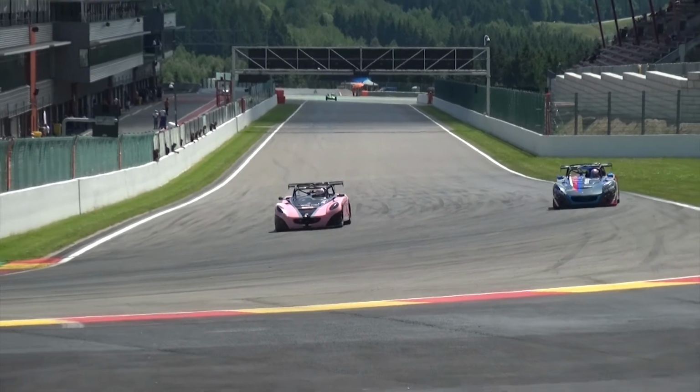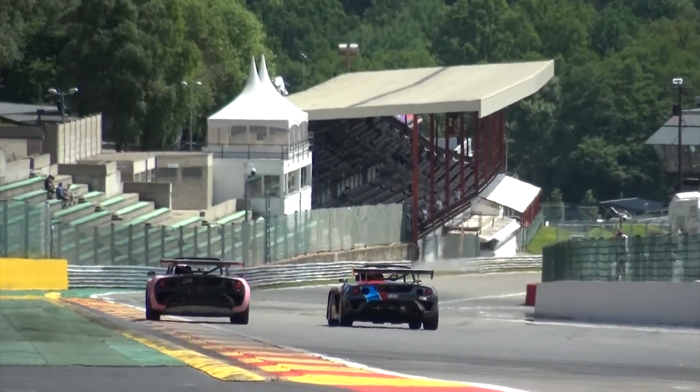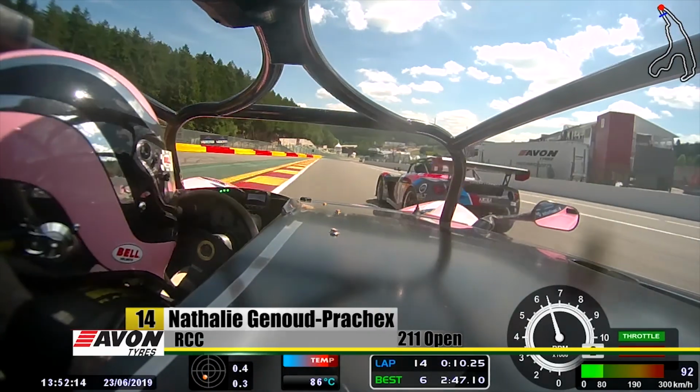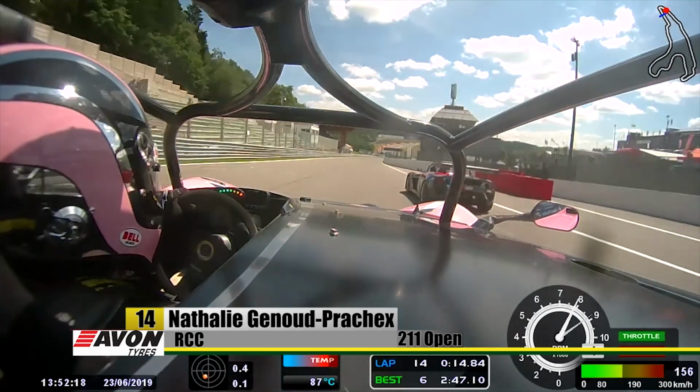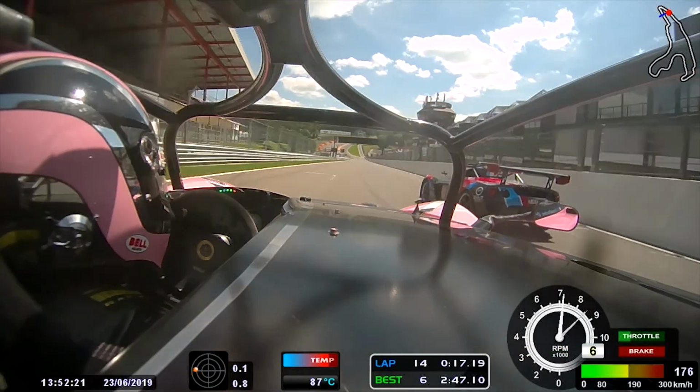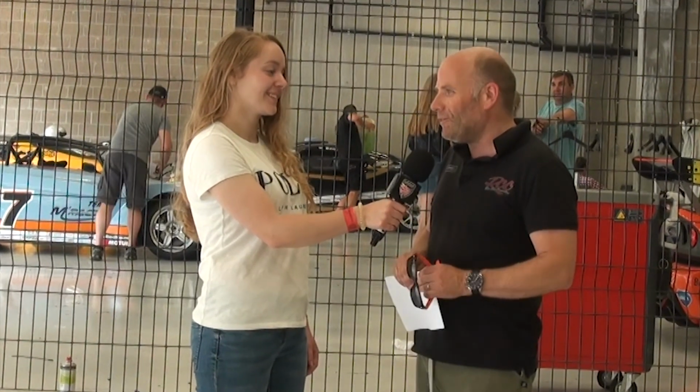Anthony, congratulations, you had a really good fight with Natalie out there. How was it? Yeah, the start was better than yesterday, but after I had some trouble with the engine, not so much power, so it was so difficult on the straight, and then I tried to keep Natalie behind. It was very difficult, and I can congratulate Nat on his good performance, but I'm happy for this podium and